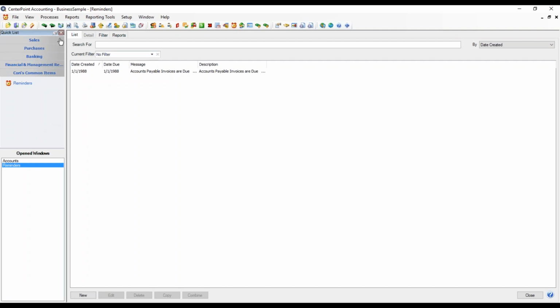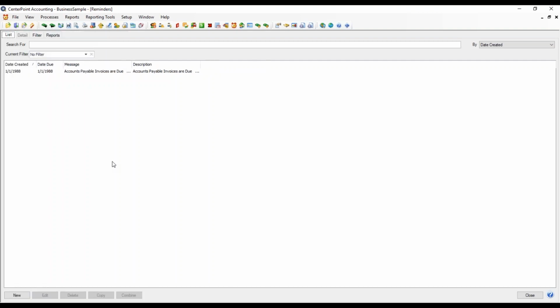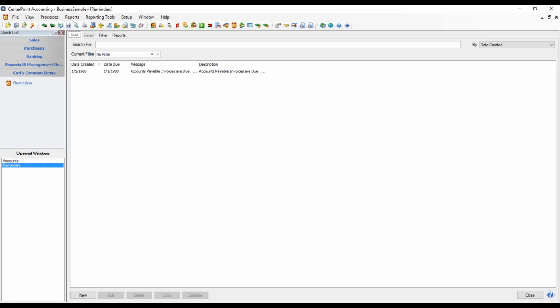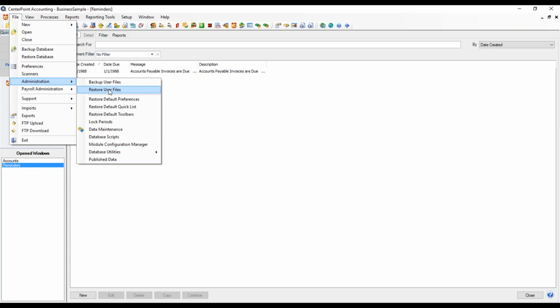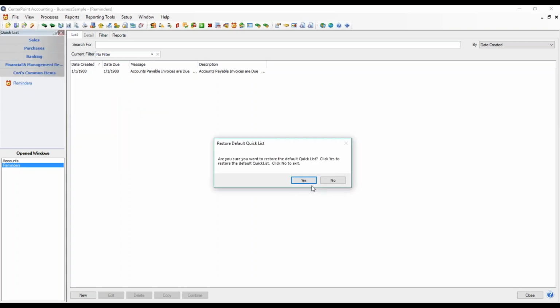And if you don't like the QuickList at all, you can hit the X and take it right off. If you want the QuickList back, it's under View QuickList. And if you've made changes to your QuickList and just want to get back to how it started, once again, you can go to File, Administration, and then Restore Default QuickList to get it back to the one that came